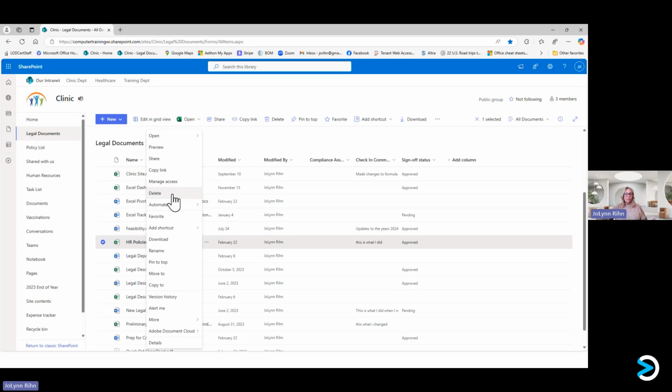So if I wanted to get rid of the file, I could simply delete it. I'll come back to the automate, but I can rename it. I could move it to a different location or make a copy of it to a different location. But one thing about all of these apps, SharePoint, using files in Teams, or in OneDrive, we have a feature